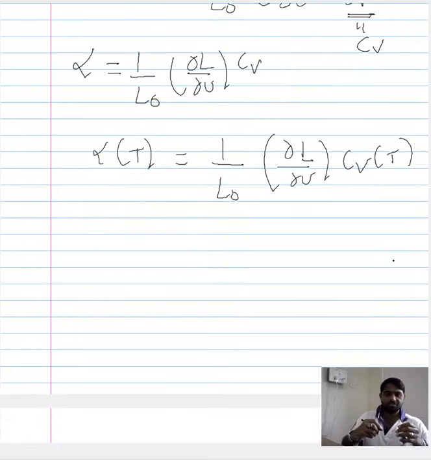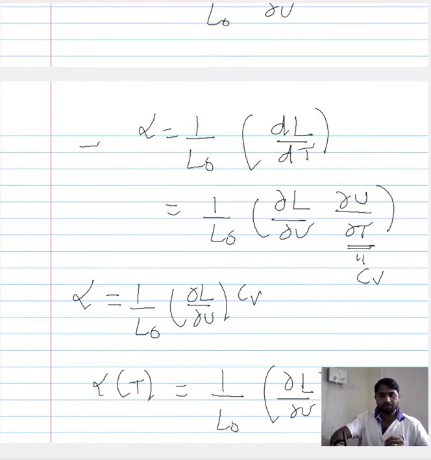Now, like I said in the previous lecture, we will not be proceeding further, but this is the manner in which I would want to express the relation between temperature and the coefficient of thermal expansion. When we rewrite the expression for thermal expansion and introduce internal energy, we can expand the expression in this manner. By introducing the internal energy, we can again introduce the heat capacity into the formulation.